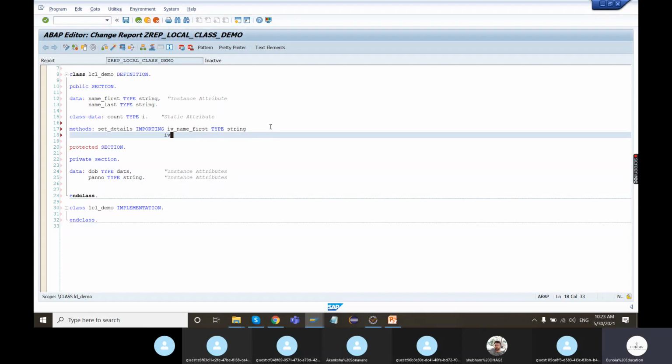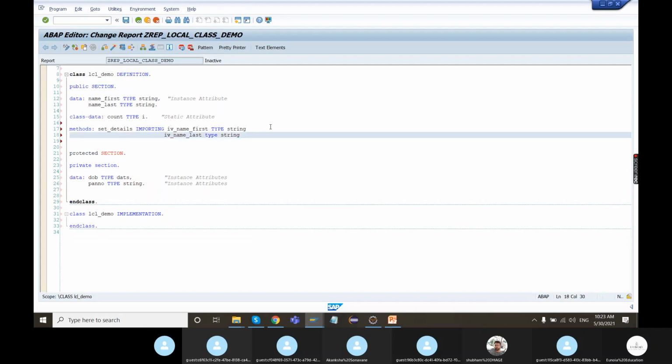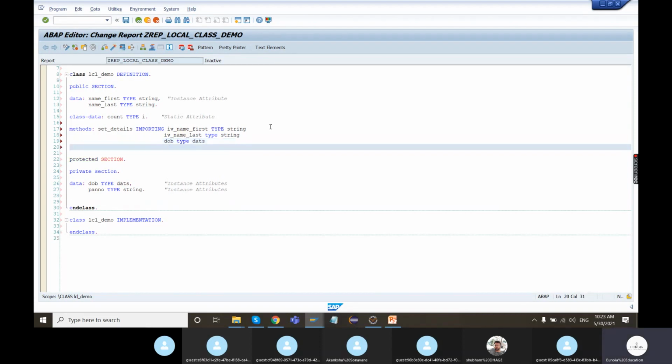Similarly, I will use name underscore last of type string. Then date of birth, and then PAN number, which is also a string.